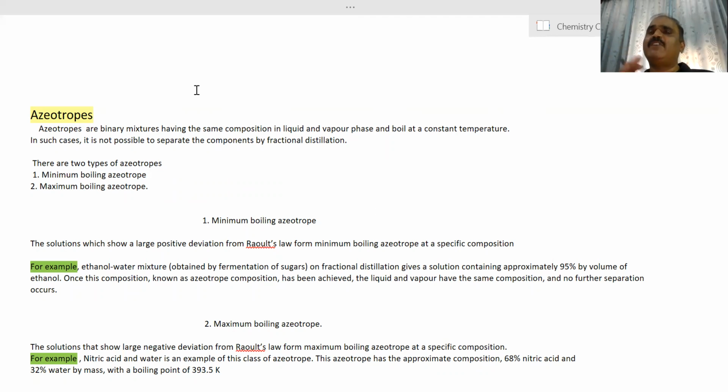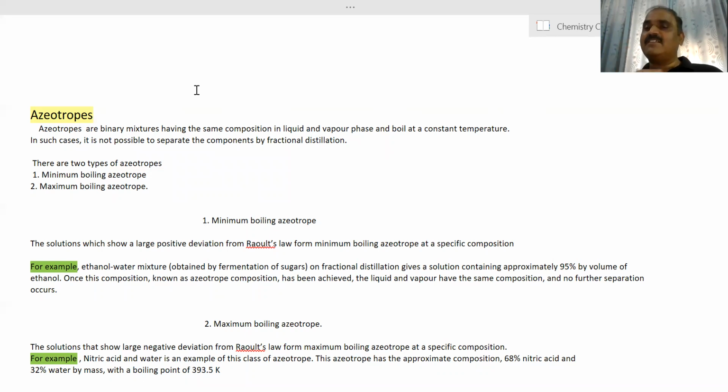Now say we have a solution having two components in which both are volatile. For example, I have alcohol, ethyl alcohol, and I have water. We mix 50 ml ethyl alcohol and 50 ml water together. You know, vapor pressure of ethyl alcohol is more than that of water. Clear? Now we slightly heat the solution. What will happen? Evaporation will take place and alcohol molecules will evaporate with more speed than water because vapor pressure of alcohol is more.